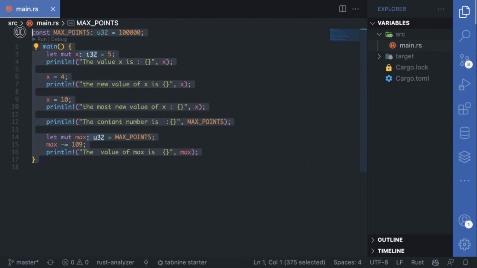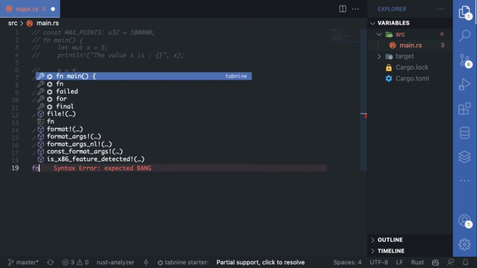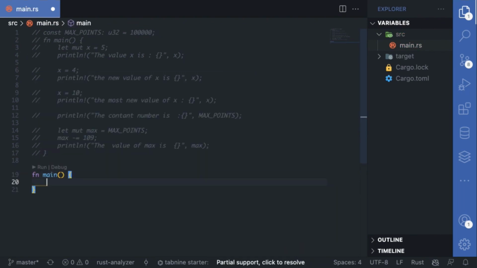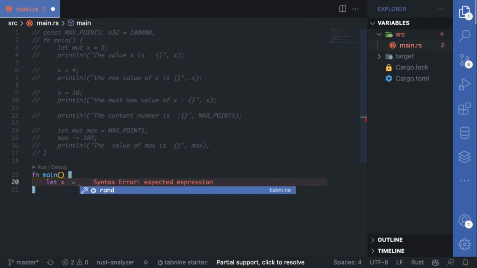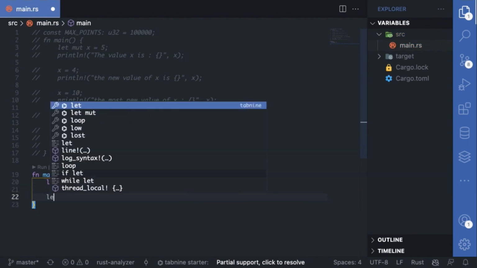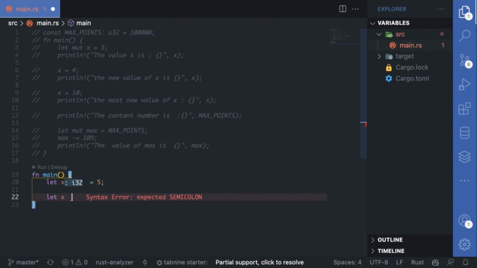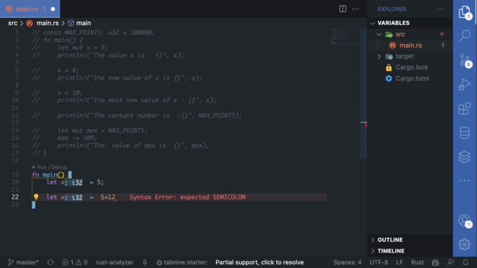Let me just comment that out and create a new fn main here. So we can create a value x. Let x is equals to 5, and then we can shadow x again. So we can create a new value. Let x is equals to 5 plus maybe 12,